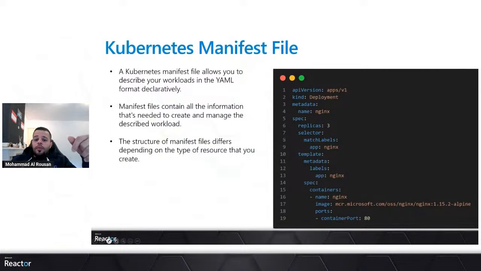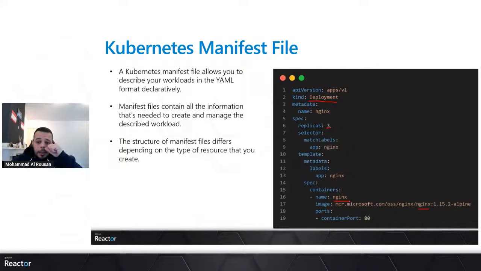So one of the ways to deploy resources into your Kubernetes cluster is by creating a manifest file. As you can see from the code snippet, we have one resource of type Deployment, with 3 replicas to create an application with this image, nginx. So this is the application, nginx.